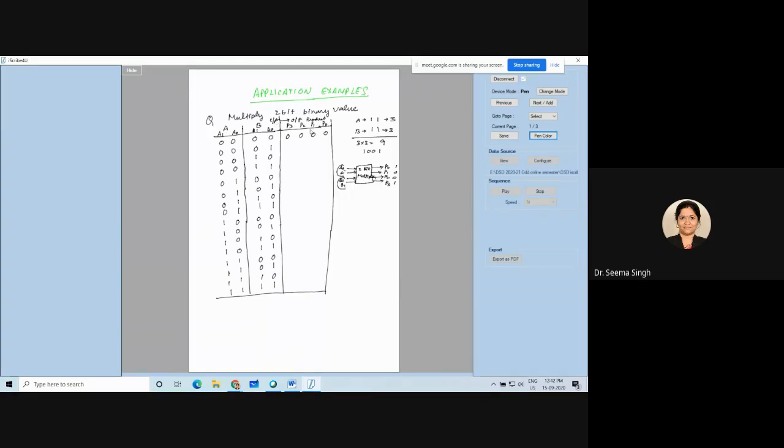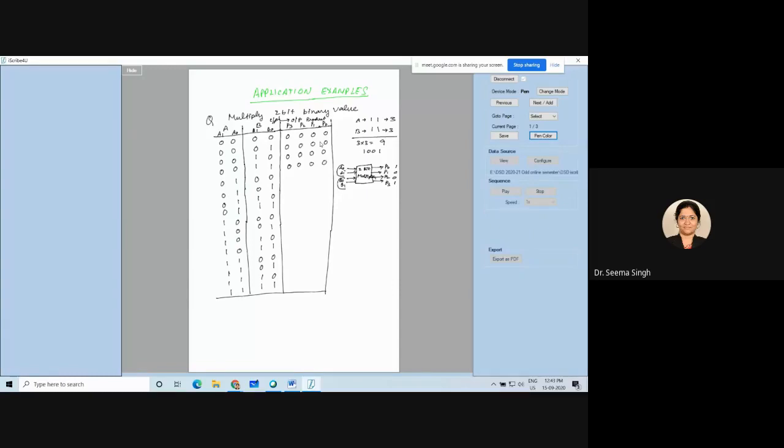Now I have to do the output side of the truth table. So now you all know that 0 multiplied by 0 gave me 0, so I wrote all zeros. What will my second row of output be? 0 multiplied by 1 will be what? 0 multiplied by 1 will be 0. So again your output will be 0, 0. And for the third one also, 0 multiplied by 2 will give me 0 only. 0 multiplied by 3 will again give me 0 only.